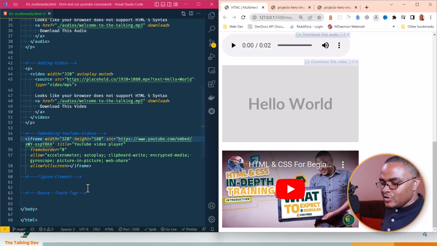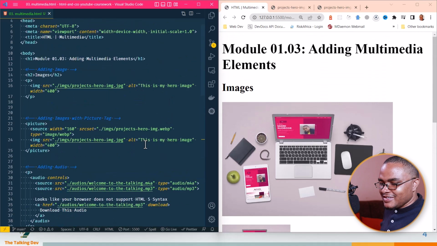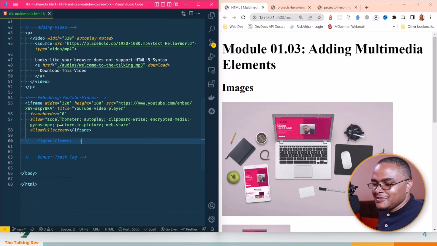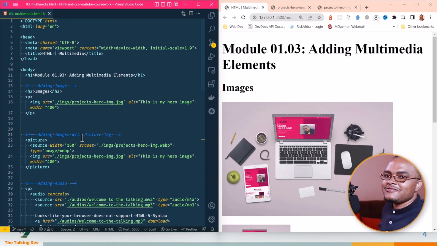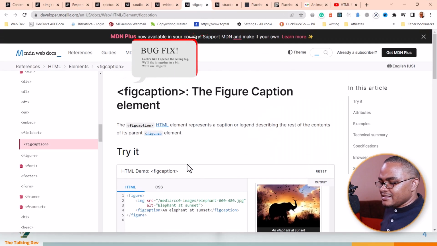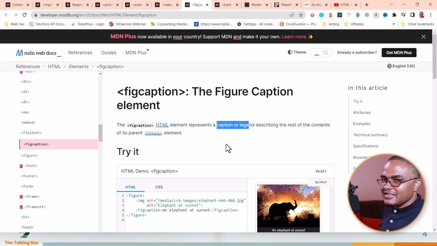So the next one that we look into is the figure element. You can see we are wrapping almost everything here in p tags, from image, audio, even video. You can even do it without a frame with this p tag, which is extremely bad, and this is not the way we design pages. So we have a tool to do that, and we have this figure caption. Let me get it here. This figcaption tag, which they say describes the rest of the content. It's actually, we can say any content that can stand alone, you can wrap it inside a figure,